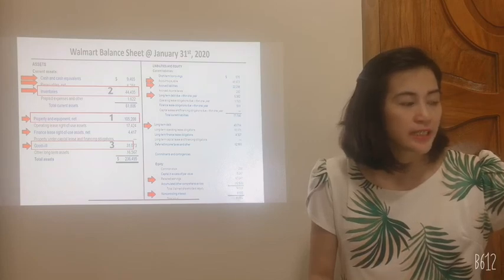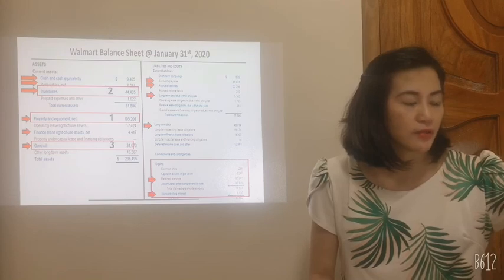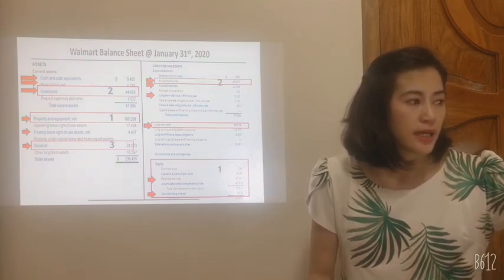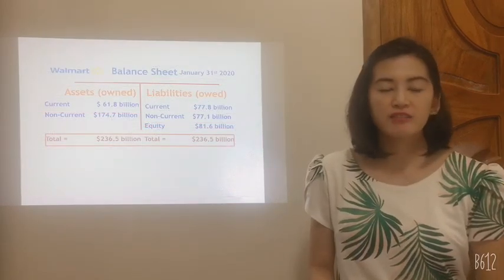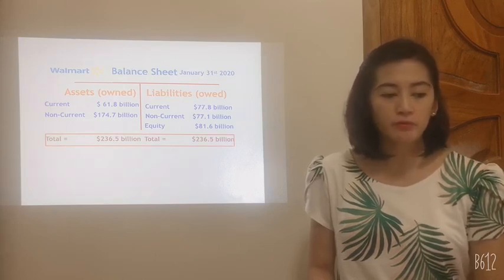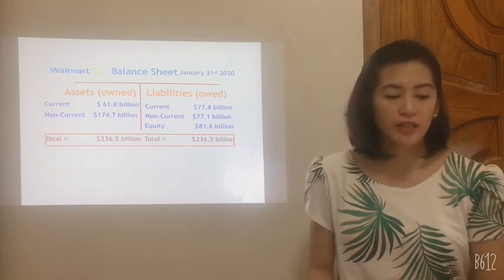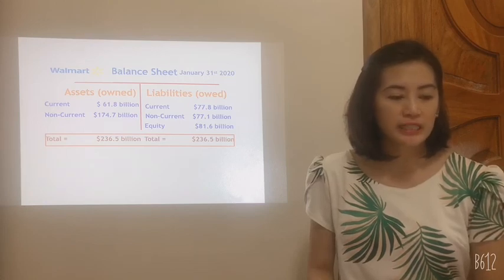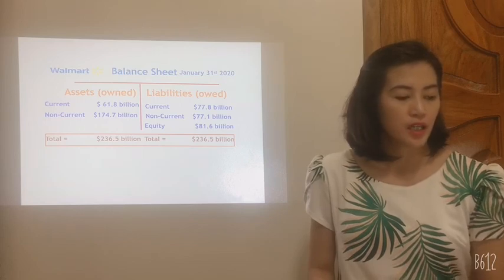So the top three in terms of size: the first is equity, then accounts payable, and then the long-term debt. Let's now look into the balance sheet of a real-world retail company, Walmart. Walmart's fiscal year runs from February to January, so we will be reviewing the year-end balance sheet of January 31st, 2020. Current assets,